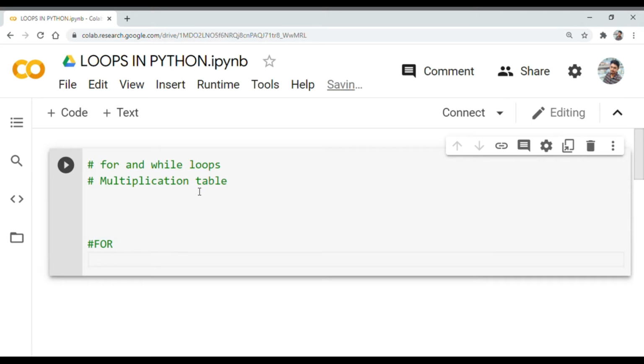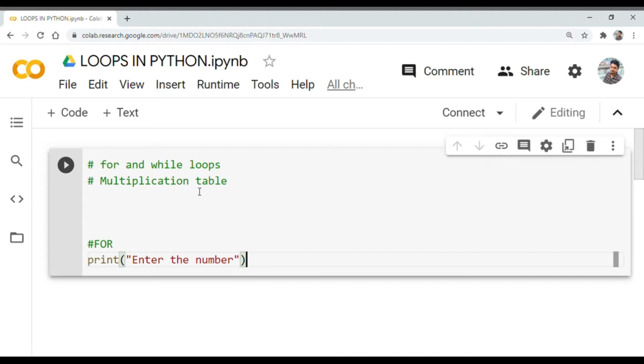First of all, we have to take the input. So let us take the input by saying print. We will just give the statement to the user: Enter the number for which you want the multiplication table.